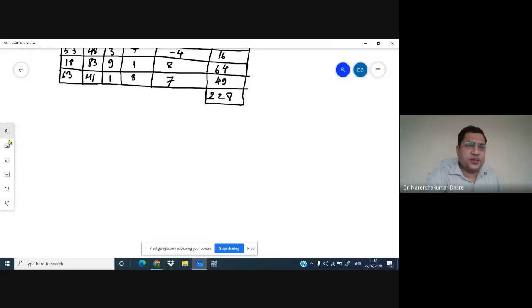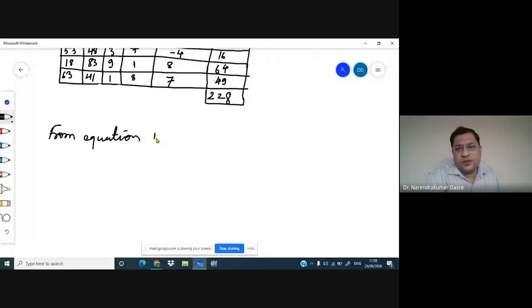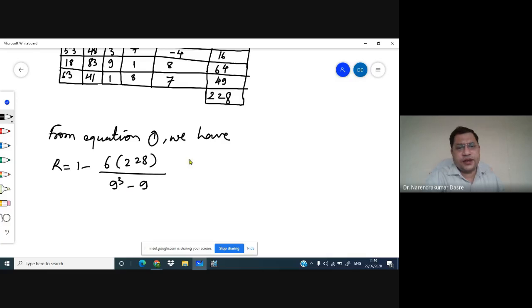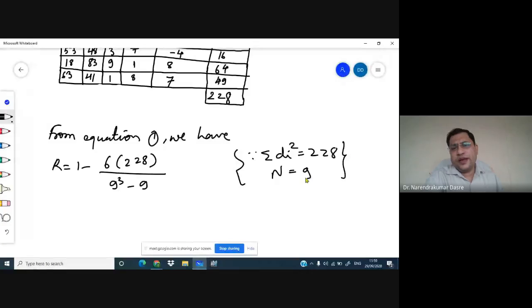we can write here from equation 1 we have R is equal to 1 minus 6 times 228 upon 9 cube minus 9. So here n is going to be 9. What we know is summation di square is equal to 228 and n is equal to 9. These are the only two values that we have to put to calculate. And then you got